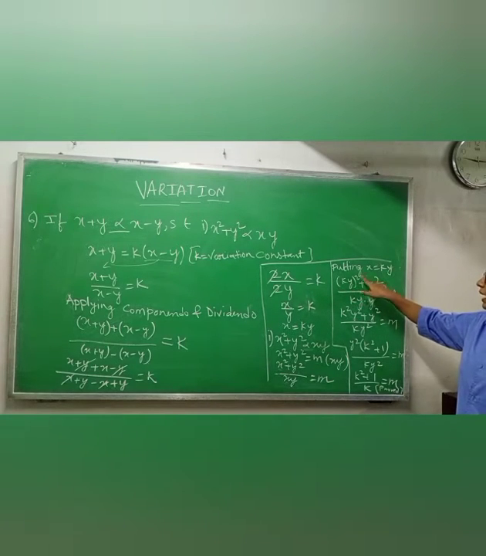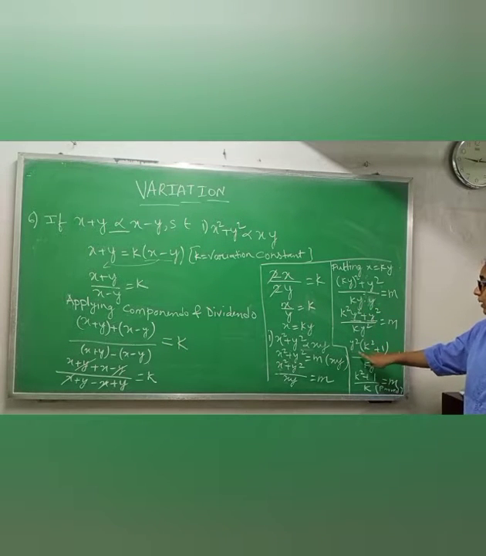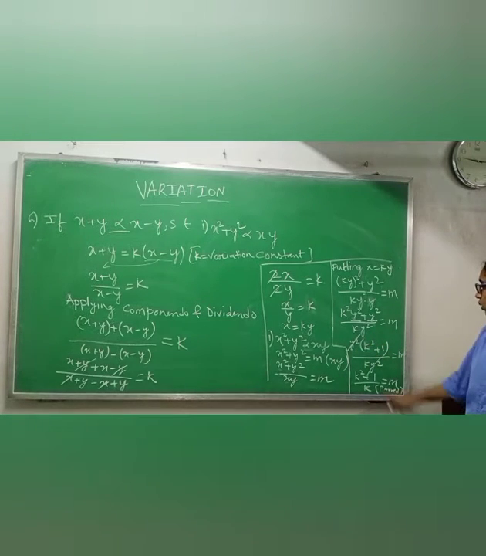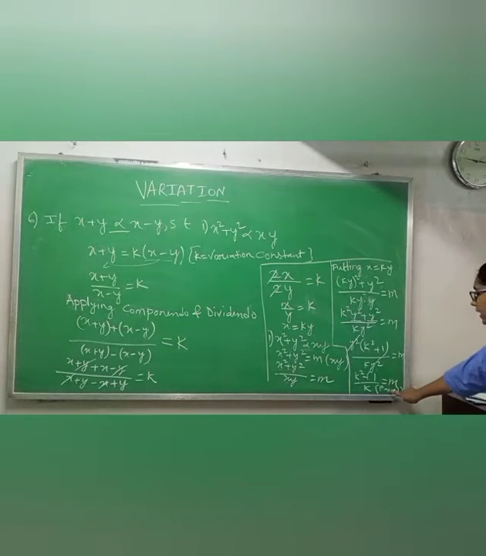Now when we open the bracket, k square y square plus y square by ky into y, that is y square. Now you can take y square common. When you take y square common, you are getting inside k square plus 1 by k y square. Now you can see this y square can cancel out. You are getting k square plus 1 by k equals m. Can you see here? All the terms are constant. K is constant, m is constant, and any number will be constant. When all the terms are constant at the last, then you can say that proved. That is why I have written proved.